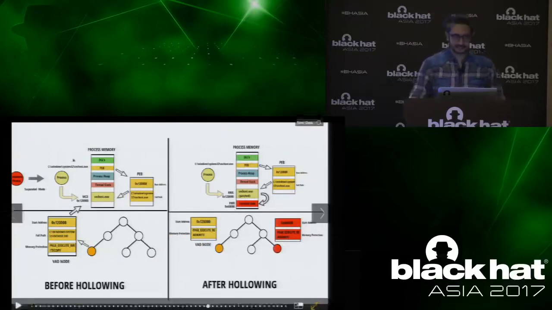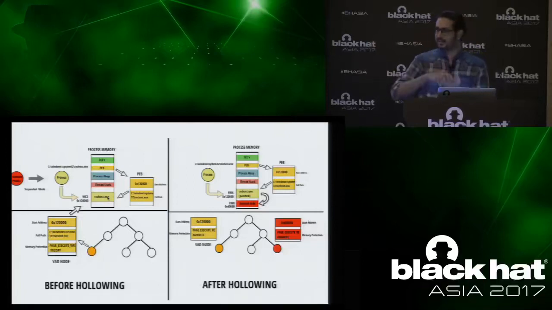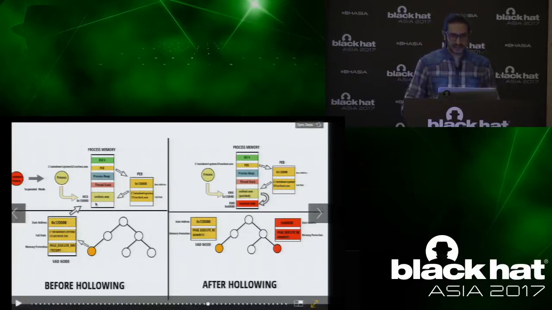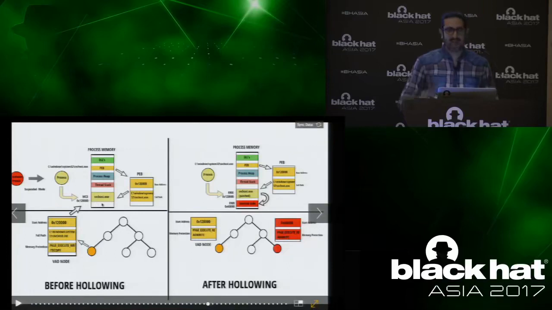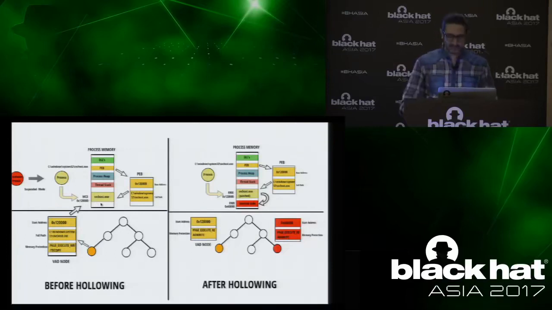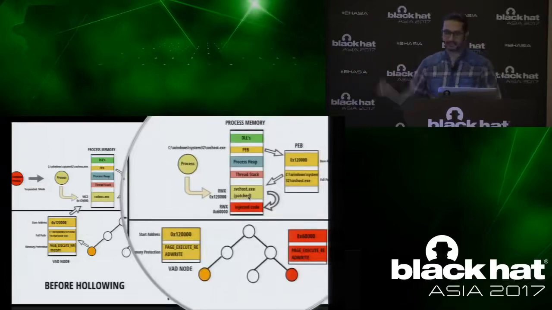Then second, it copied the actual content of svchost.exe into its own memory region. It patched a few bytes of svchost.exe. Then it deallocated this section of memory, svchost.exe. Then it used NtMapViewOfSection again to map the patched executable back into the memory region of the executable. So it would look like this.